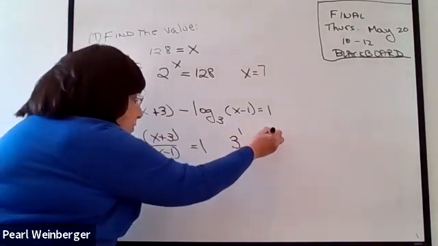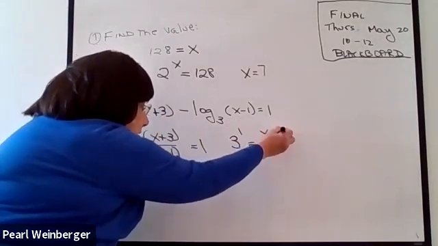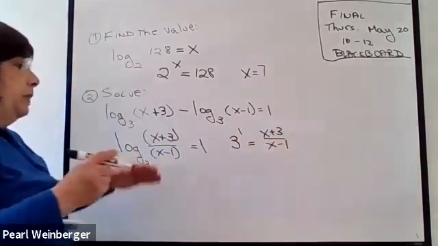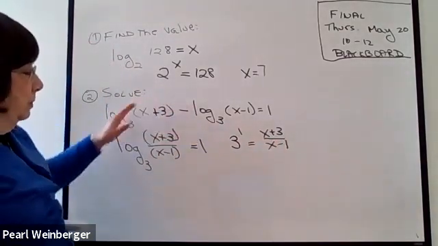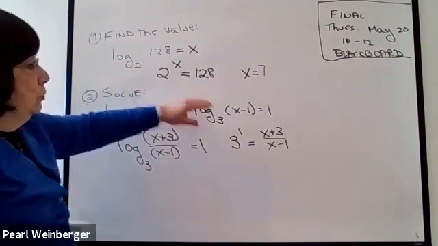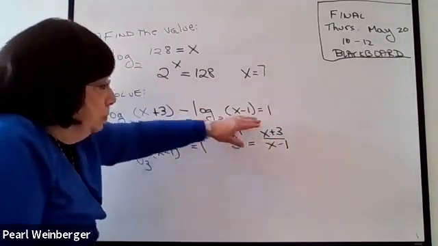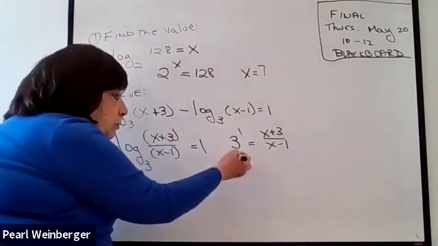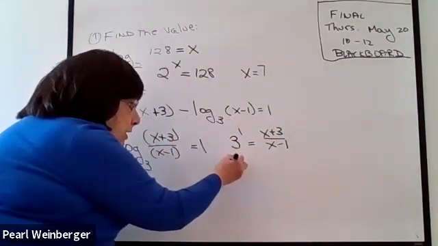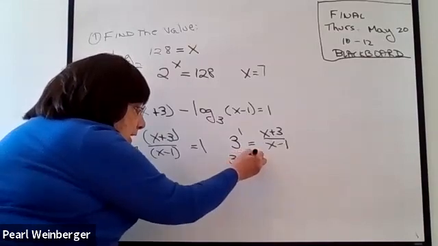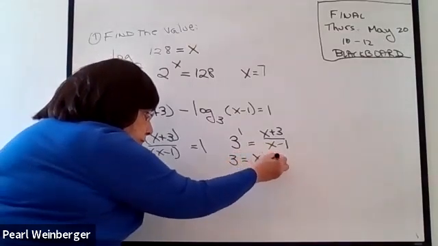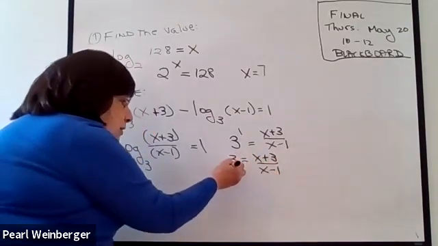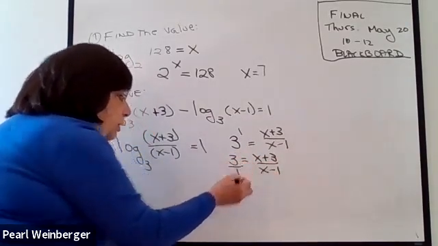And that equals the x plus 3 over the x minus 1. We have switched this from a log equation to a regular algebraic equation. So 3 to the 1, of course, is just 3. And this is equal to x plus 3 over x minus 1. And to make it look easier, I'm going to put the 3 over 1